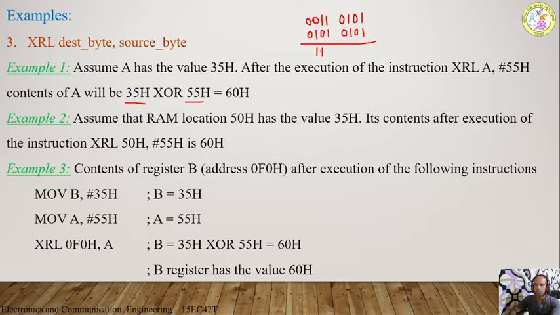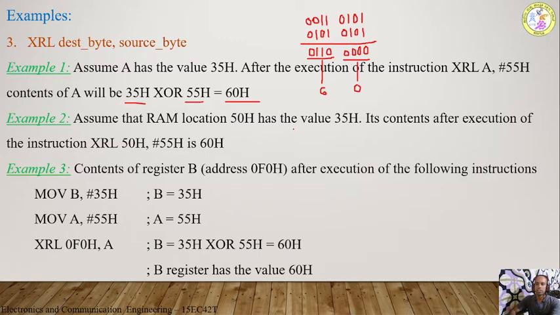Again in all the other cases the inputs are the same. Therefore whenever the inputs are the same, either both the inputs are 0 or both the inputs are 1, the output of the XOR gate is 0. Now in this case all are 0 because both the inputs are the same. Now what is the equivalent hex value of this one? This is nothing but 6 and this is nothing but 0. Therefore the final answer is 60H. 60H is the result you are going to get when we perform the XOR operation between 35H and 55H.